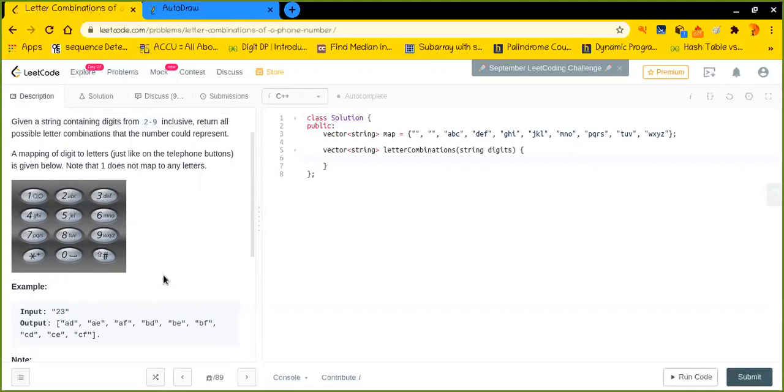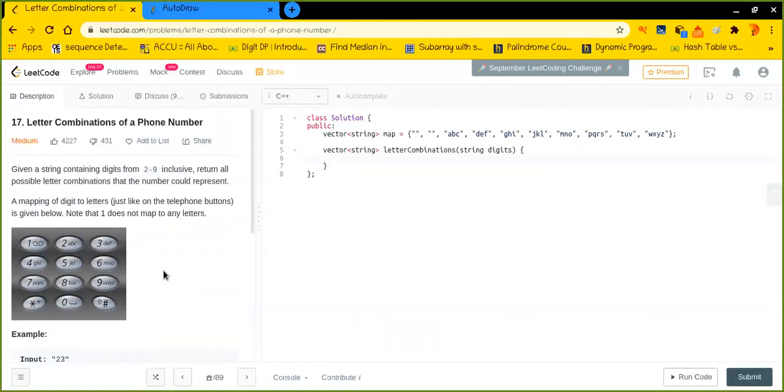And what we are expecting to do here is, for example, we have two buttons, 2 and 3. We just need to print all those possible letter combinations by pressing those numbers, okay? For example, 23: if I press 2 once and 3 once, it will give me AD, right?